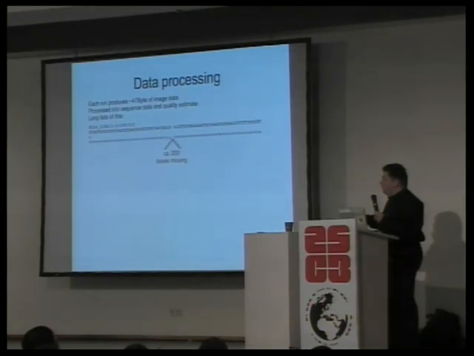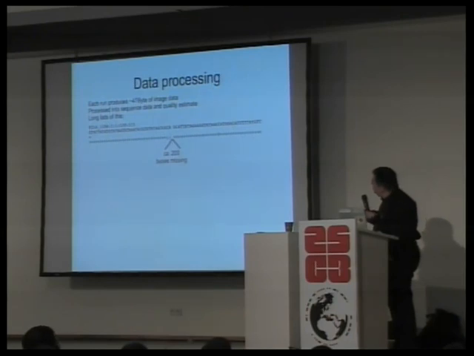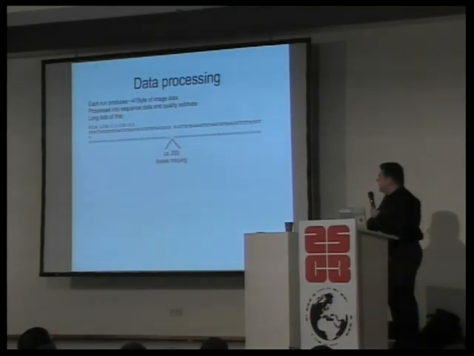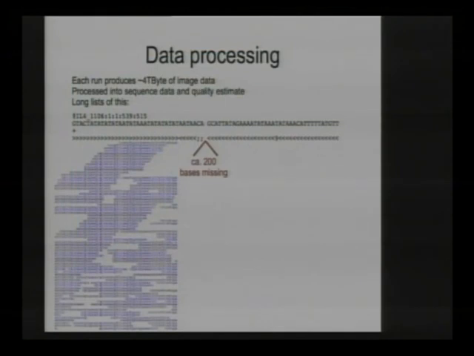And then you have here a quality score, which is ASCII encoded, which basically says the machine has a certain quality score of how sure it is that this is really an A in this case, which is, believe me, not a reliable metric, so it's a best guess. So you get lots and lots of lines of this.